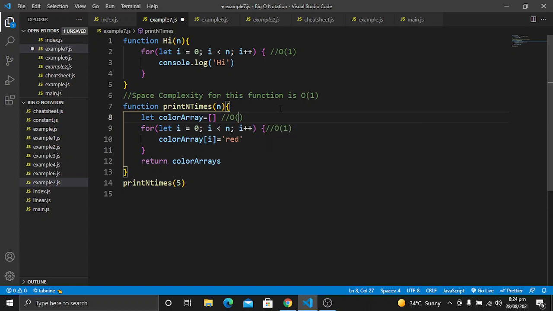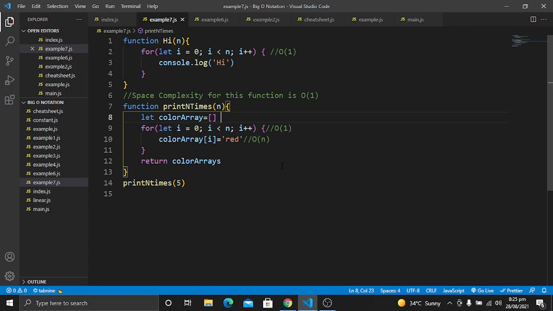You can write O of n here. The main idea is that you have to understand how we can calculate the space complexity. The space complexity depends on the variable declarations, or the value stored in the variable, and also the data structure, which is the array data structure.